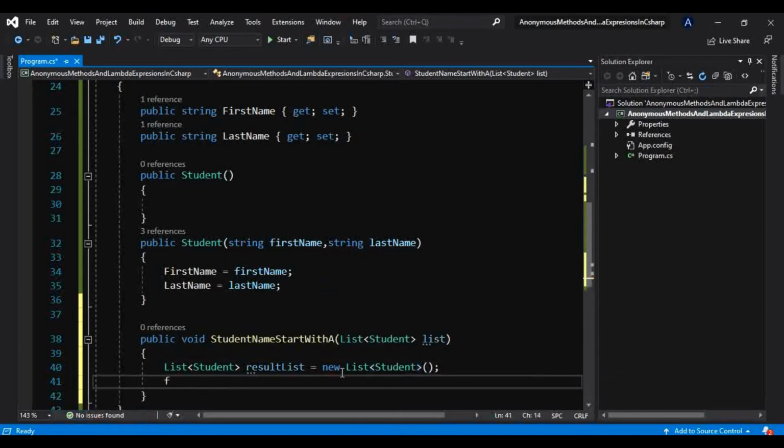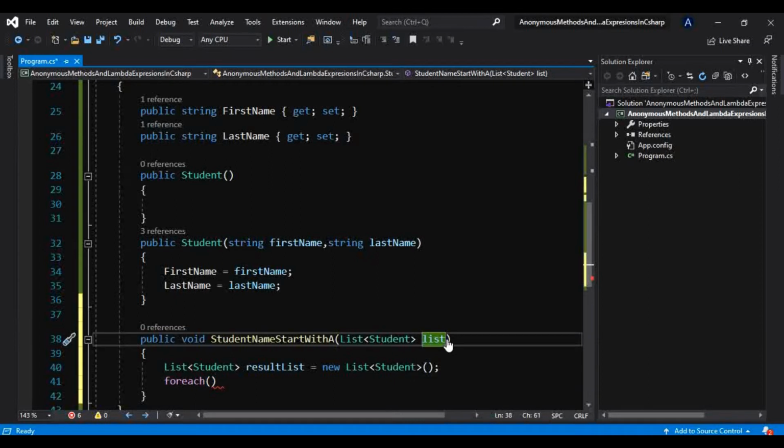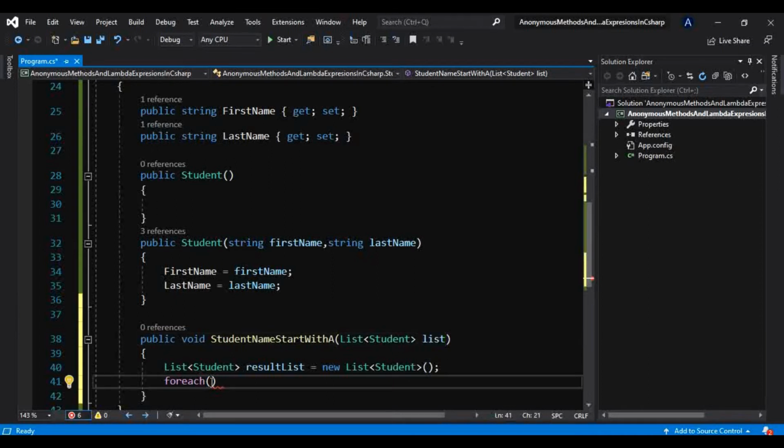Now we will loop through this list which we are passing in this method, something like this. That should be only list.